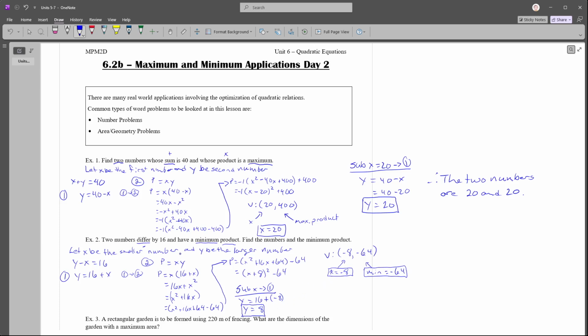If you look at the numbers here, then we have y minus x. So 8 minus negative 8, that's the same as 8 plus 8. That gives us 16. Perfect. If we look at the product, 8 times negative 8, that gives us negative 64. Awesome. So all of our math works. We just need a concluding statement. So therefore, the two numbers